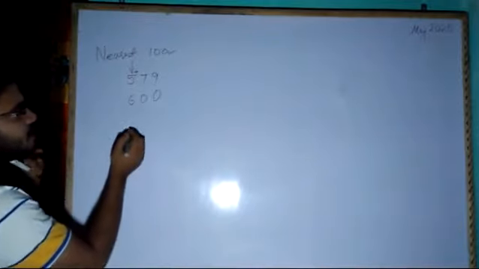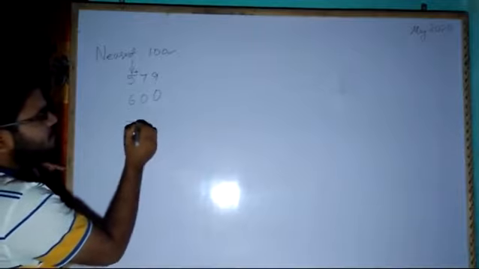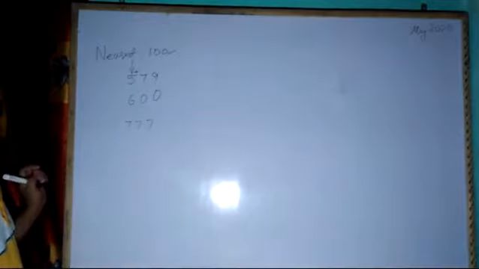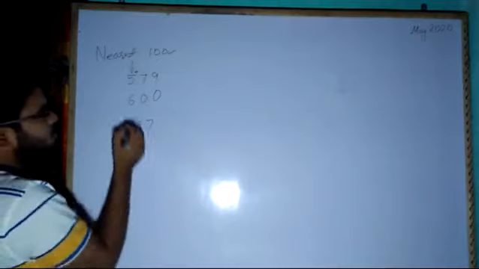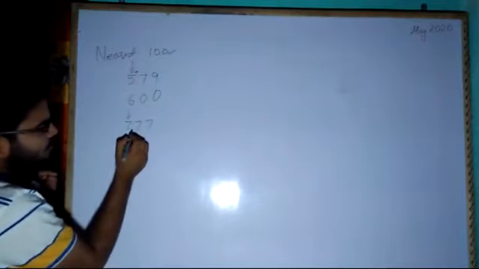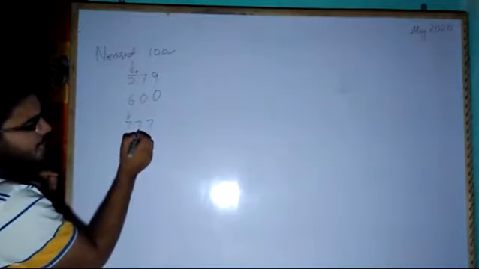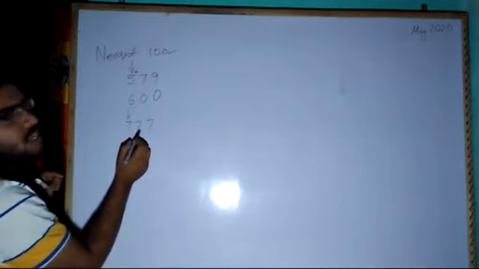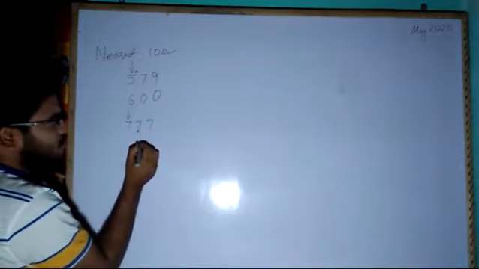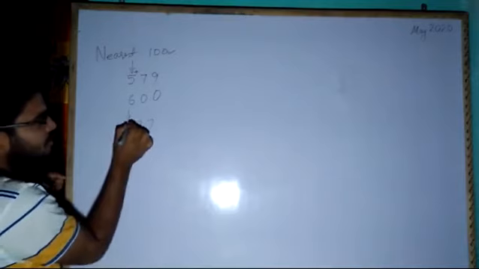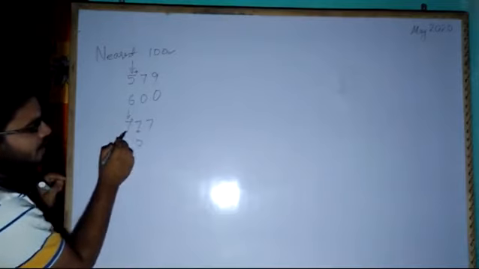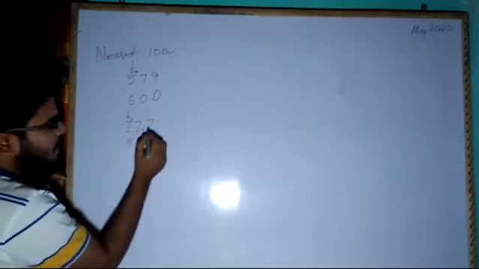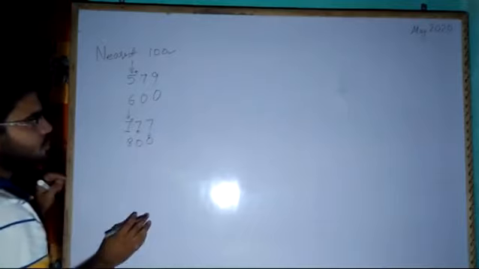Now let's take another example, like I am having 777. For an example, we have to round off to the nearest 100. So you have to watch the tens position. The tens position is greater than 5, so it will become 0, and plus 1 will be added to the 100 position, so it will become 8, and then this number will again become 0.